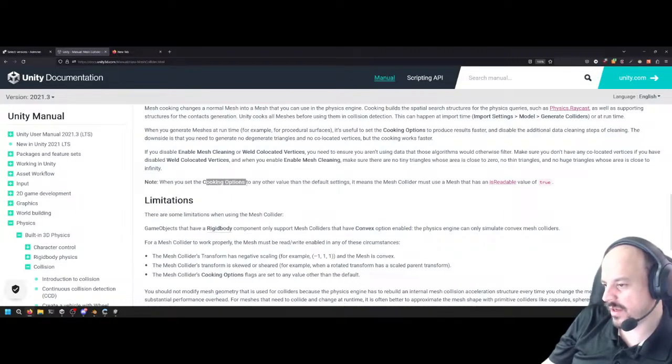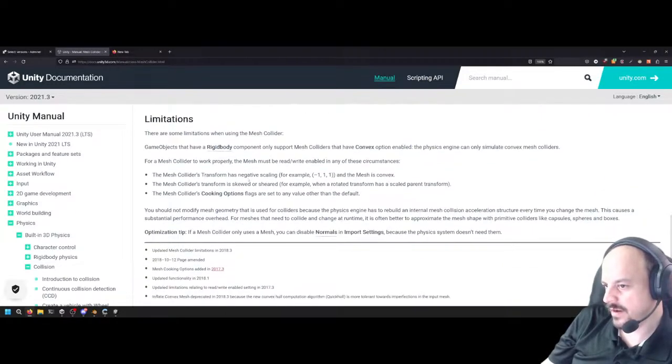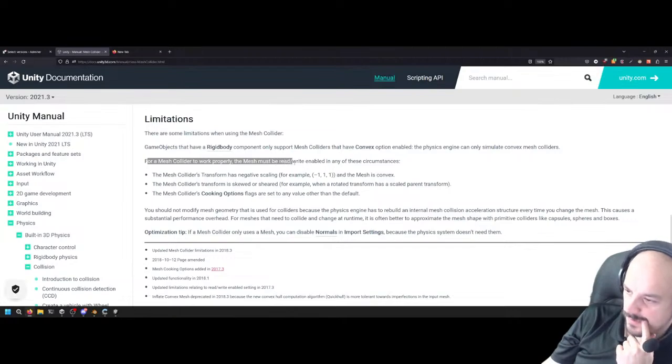When you set cooking options, game objects that have a rigidbody component only support mesh colliders that are convex. A mesh collider's transform has a negative scale, and a mesh is convex. For a mesh collider to work properly, the mesh must be read and write enabled in any of these circumstances.